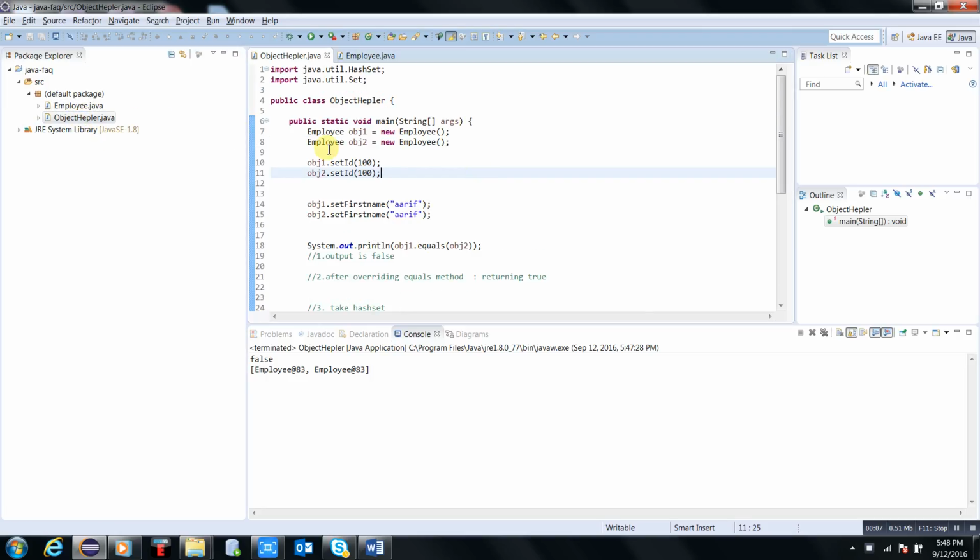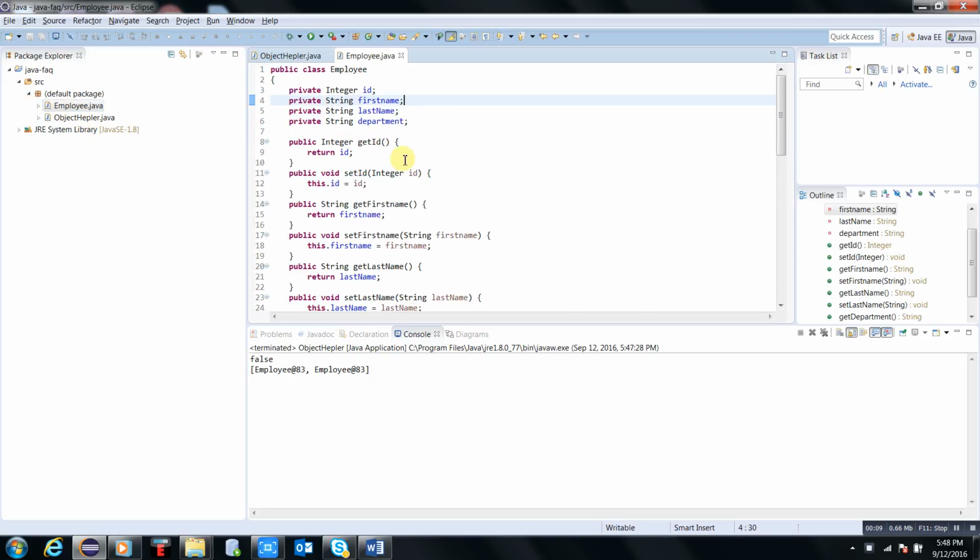I am going to discuss the equals and hashcode methods. As you know, both are